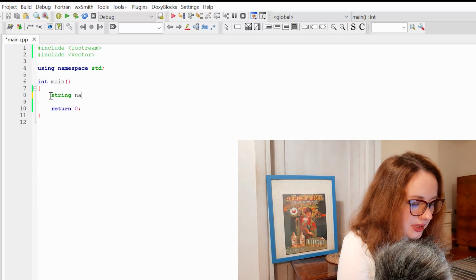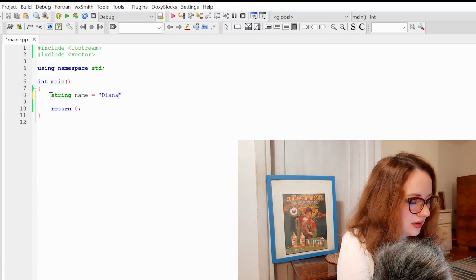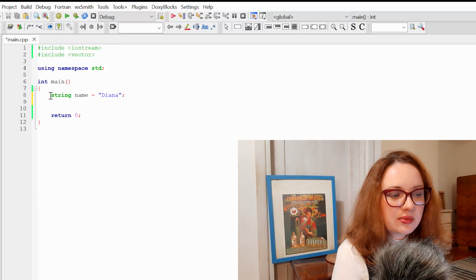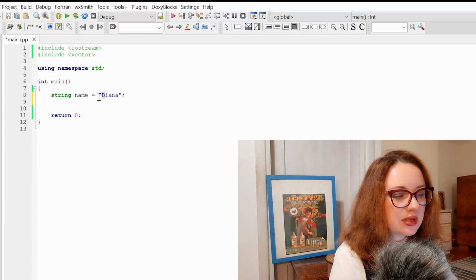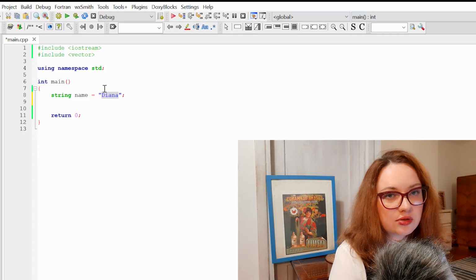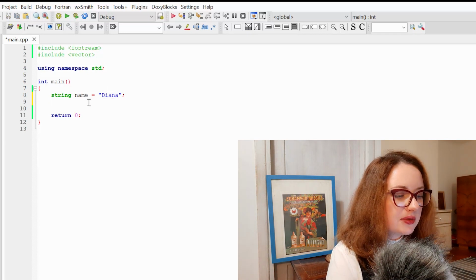String, let's call it, I don't know, name, and write my name. And for example, if I want to reach some member of my string, we discussed in the previous lecture that string contains chars. So basically here I created string that contains 5 chars, so it's somehow similar to the vector of chars.